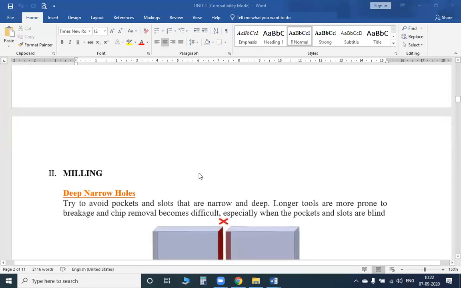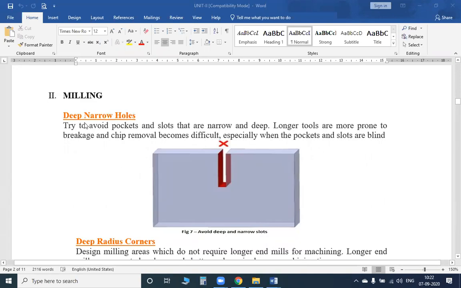So this is the part which explains about the drilling. The second heading explains about the milling. What type of milling is to be done? You already know how milling is performed on a milling machine in your machine tool lab. So in the milling lecture, they are explaining it in different parts.